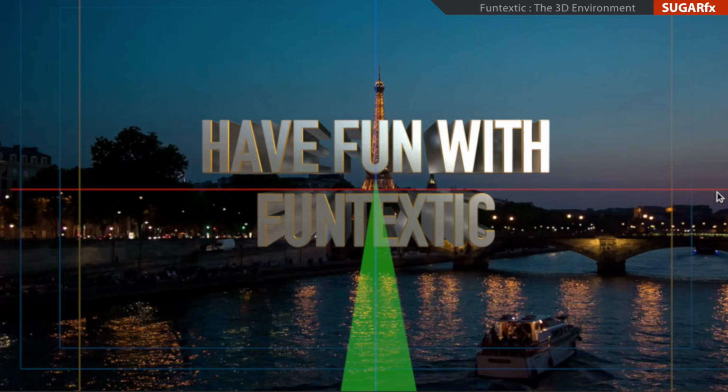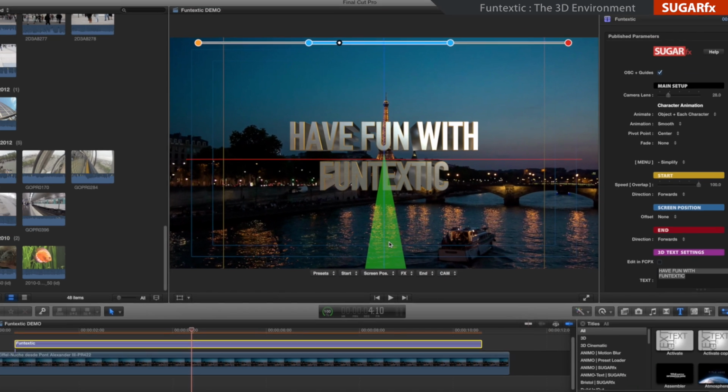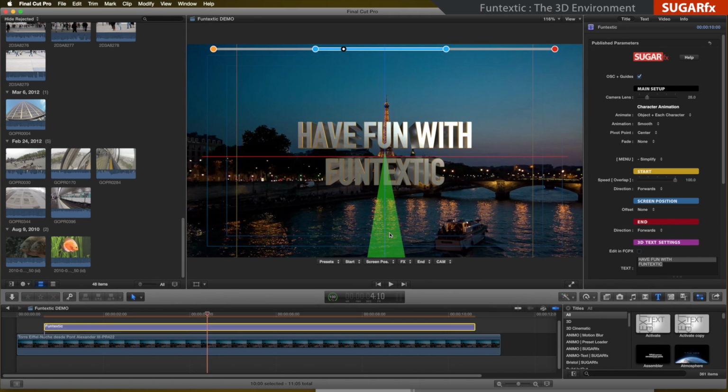The blue axis, going up and down, is the vertical axis or Y-axis. The green axis going towards the camera and away from the camera is the Z-axis, or the depth of the 3D environment. The control or manipulation of the 3D environment can be done in a couple of ways.